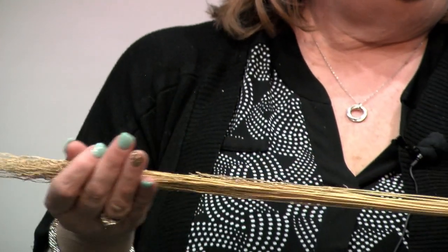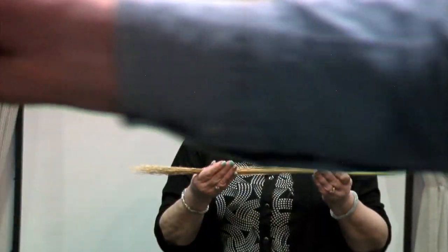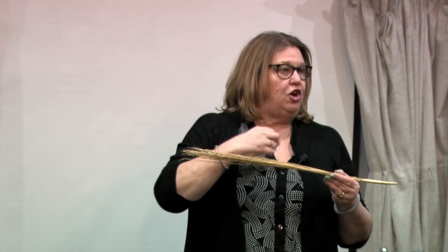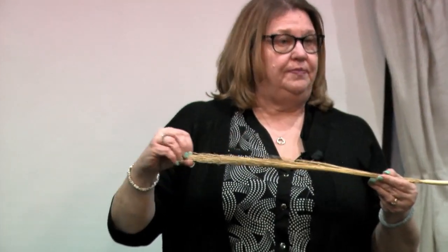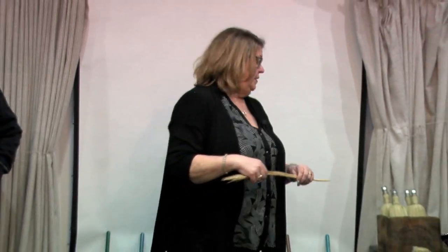So the material then, after it is seeded, it's picked. We put it on a wire rack, and we dry it. And then we remove the seed. And all this is in the beautiful PowerPoint. So we remove the seed. We use something like a curry comb to remove the seed. The seed then can either be replanted, or